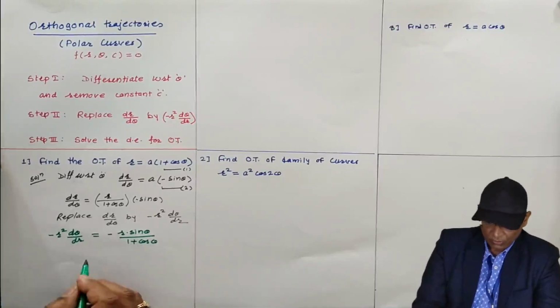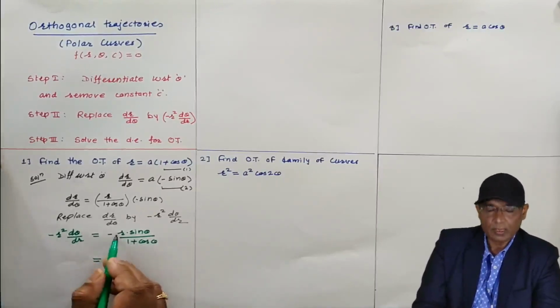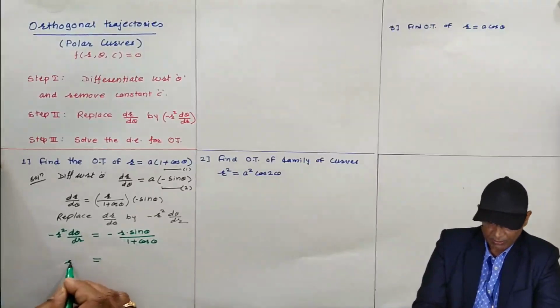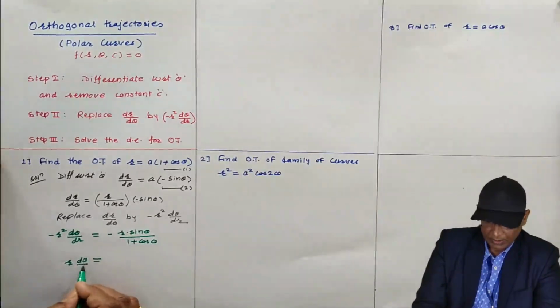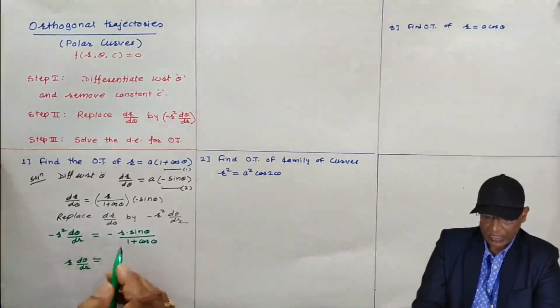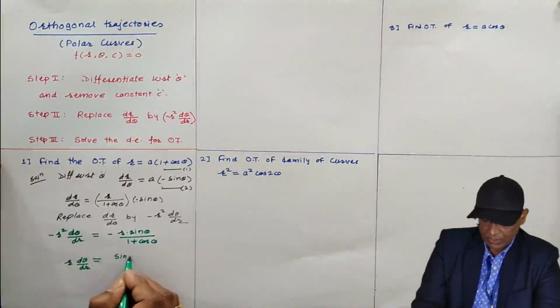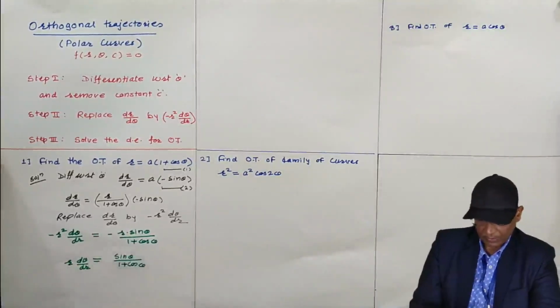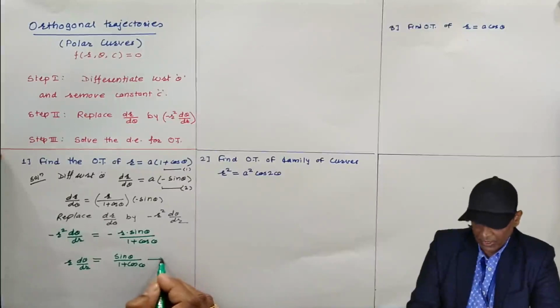Now you can simplify it one more step. This minus sign will get removed. D theta by dr, r gets cancelled, one r gets cancelled, like this. So this is the differential equation